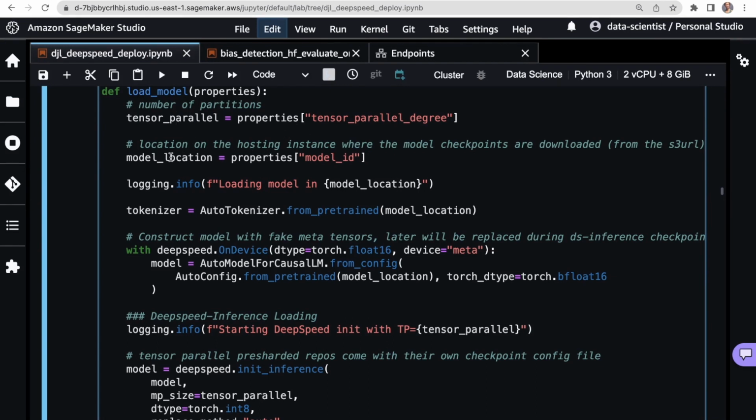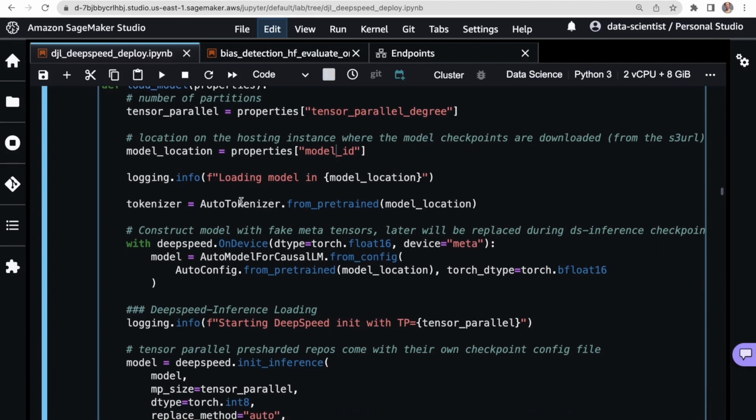And then the model location is the directory on the hosting instance where the checkpoints will be downloaded. So that's the model ID. And then the tokenizer, this should look very familiar. The tokenizer is going to look in this model location.